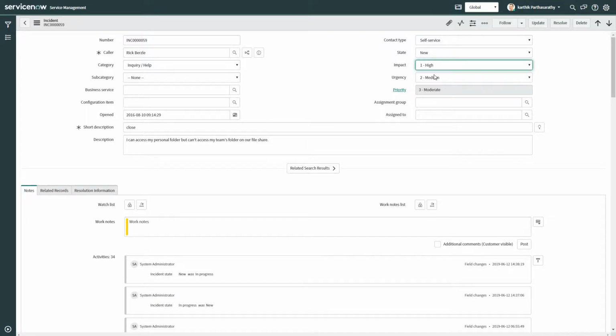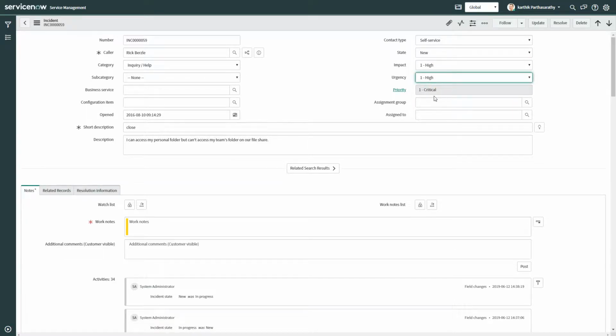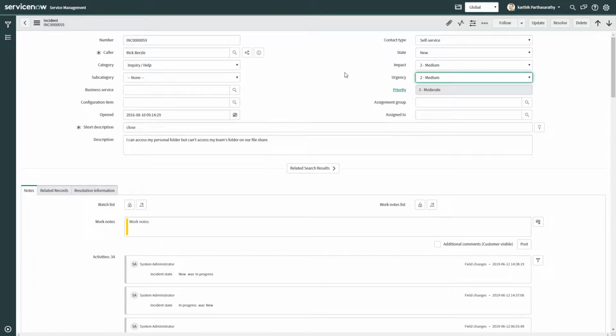So if you change any information on these fields, you're going to get the priority level immediately. It's going to be critical, or if you put medium and again medium, it's going to be moderate. The way this is done in the backend is there is a table which says, hey, I have this relation: if the impact is medium and the urgency is medium, give me moderate as the priority. So we design and create this table in the backend,